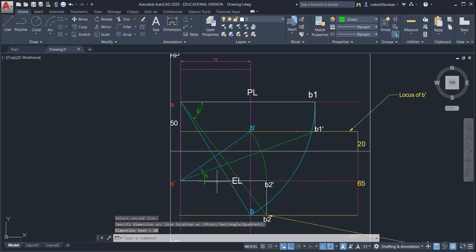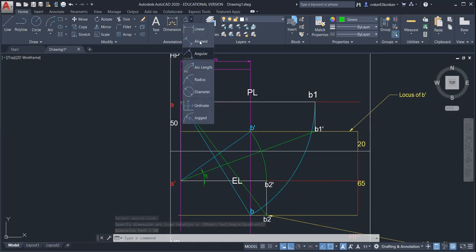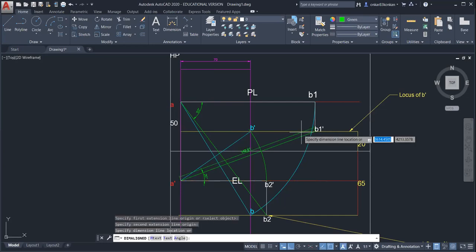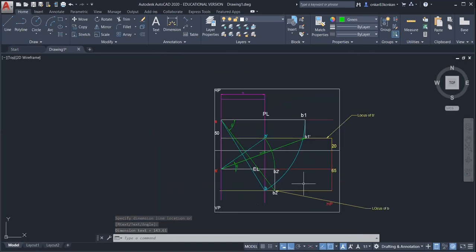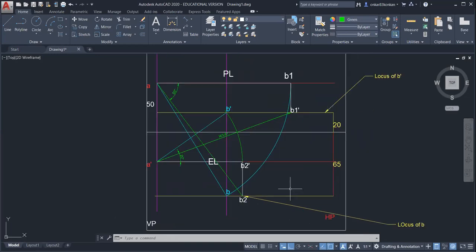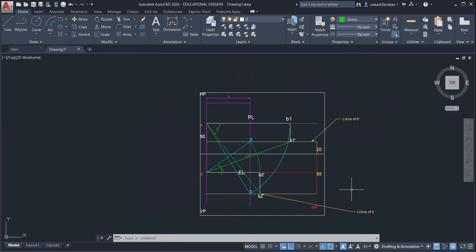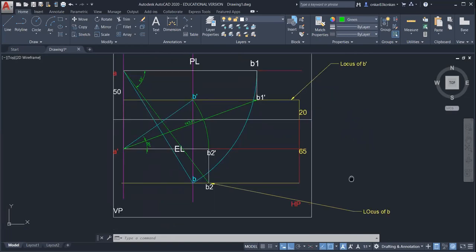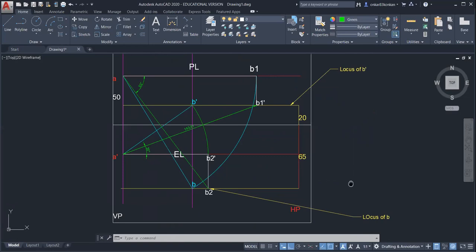So this is the theta, that is 20 degree. Okay, and the true length of the line, which is 143.6. So this is the true length. So in this way, you can complete this problem. So try to complete this problem on your drawing paper.